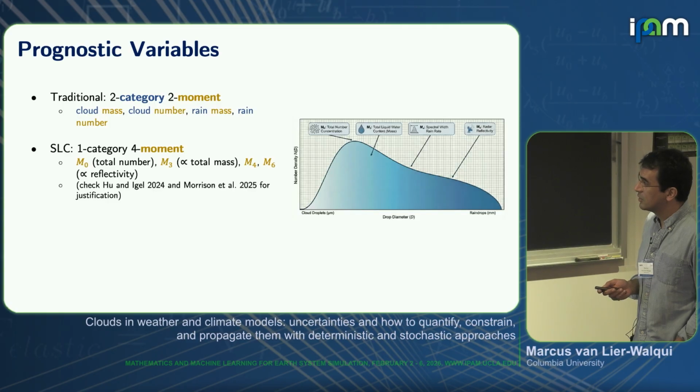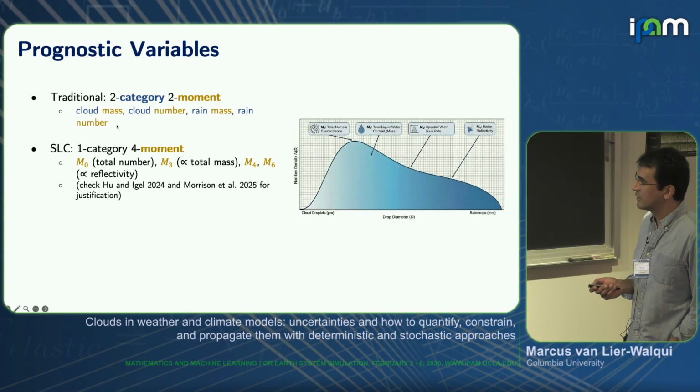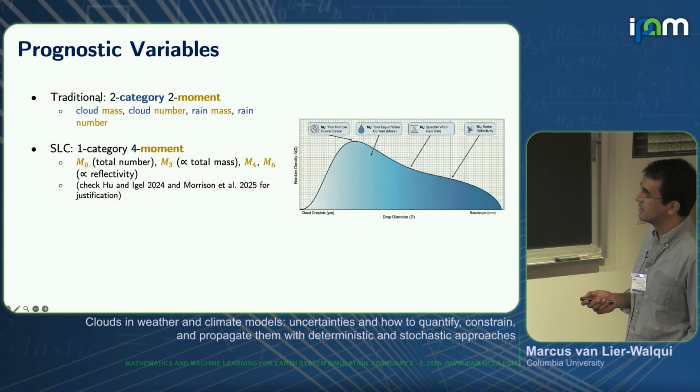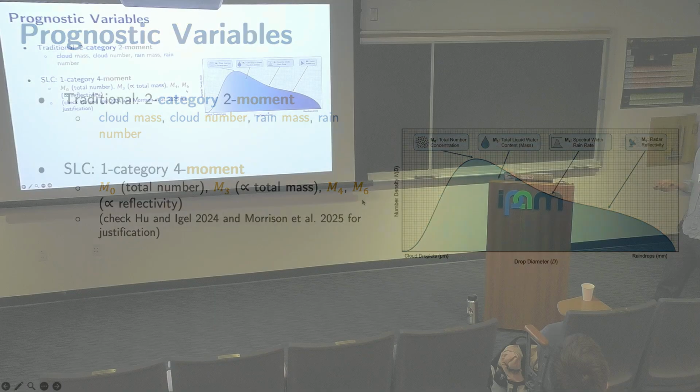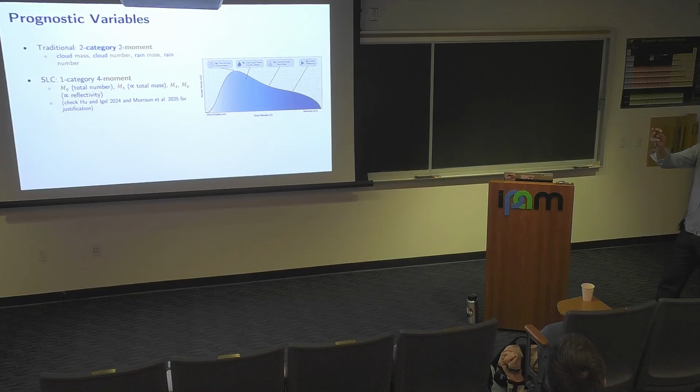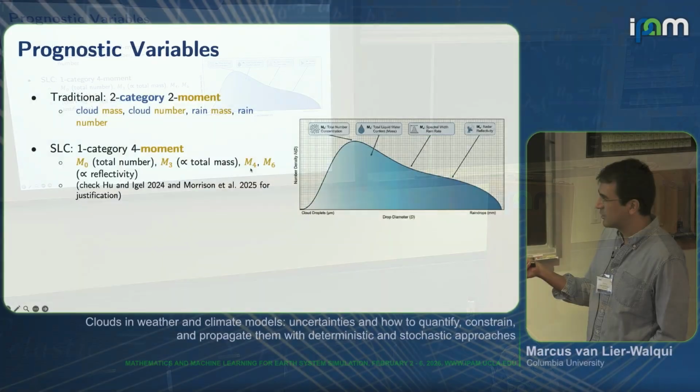Okay, so details here, and this is why I sort of stopped talking in the last slide and didn't finish my sentence. Traditional two-category, two-moment schemes, we do cloud mass and number usually, and then rain mass and rain number. In the single category, instead, we have 4 moments of the full distribution. So we'll have total number and total mass, but then we'll also have these other moments. So the 6th moment is basically the drop size raised to the 6th power, and you integrate over the size distribution. That's actually related to radar reflectivity. So when radar sends little waves out and they bounce back, it's related to that 6th moment of the distribution. There's also a 4th moment, and that's closely related to rain rate.